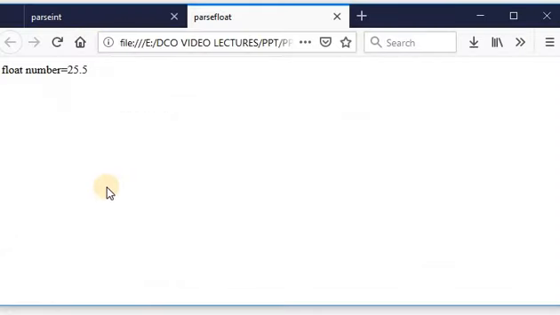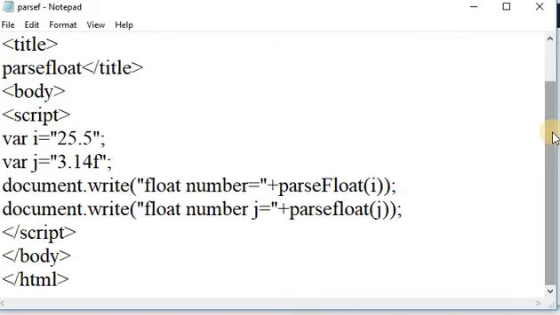This is the output of our program. It returns float number is equal to 25.5 on a web page, because in this program we wrote only parseFloat. JavaScript is a case sensitive language, so in this syntax parseFloat, always write f in an uppercase letter.